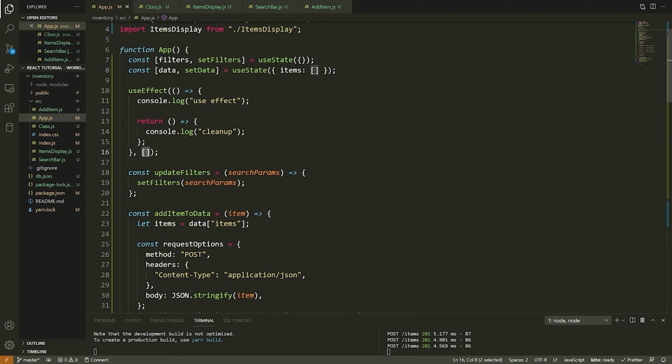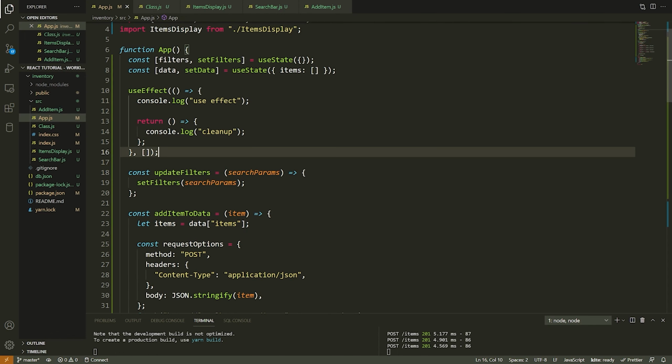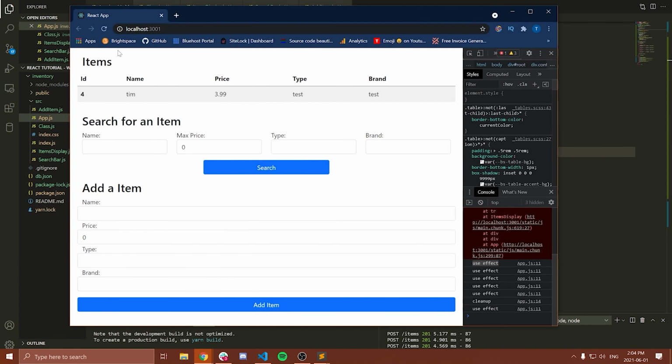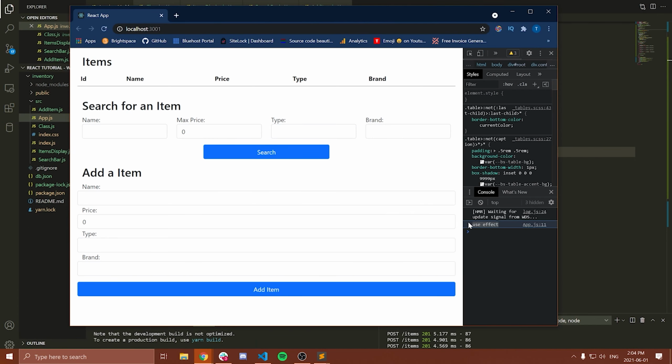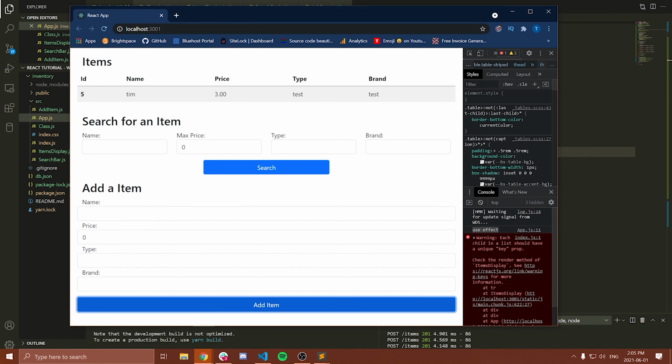So if you pass an empty list here, what this means is useEffect is only going to run one time. It will only run when the component is initially mounted. So if you wanted to only have componentDidMount, you would pass an empty array here, and this means this only runs one time. So let's look at it. I just passed that in, going to refresh, and now notice it says useEffect. However, if I try to update this, so I say Tim399 test add item, notice useEffect doesn't run, right? We get a warning, don't worry about that, but useEffect doesn't run because we passed that empty list.